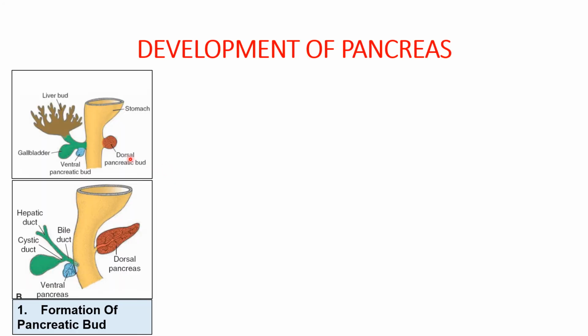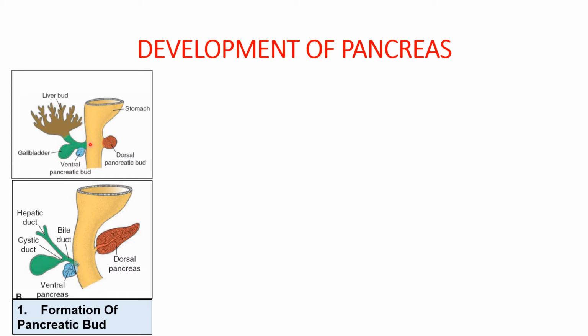After knowing about the development of the liver and the extrahepatic biliary apparatus, we came to know that the source was the same, that was the foregut endoderm in the region of the duodenum. Endodermal evagination from this region developed into the liver and extrahepatic biliary apparatus. One more structure that grows from the same region, the foregut endoderm of the duodenum part, is the pancreas. Now let's see how the pancreas is developing.